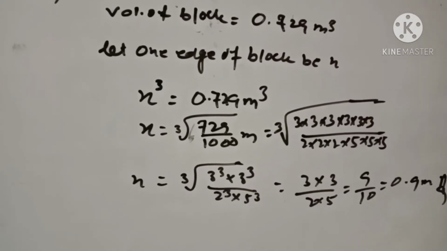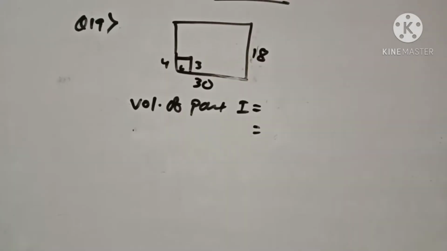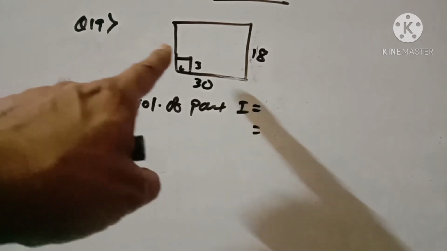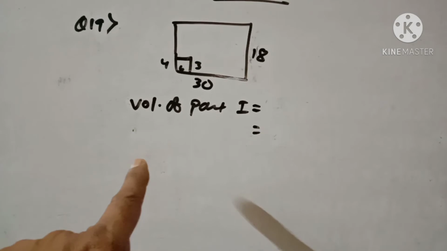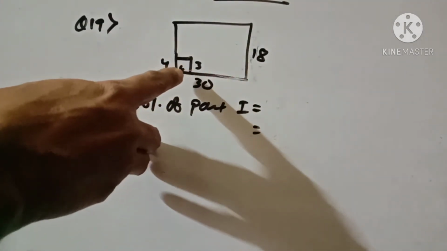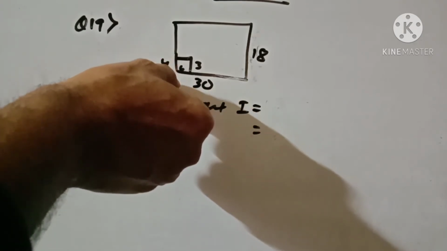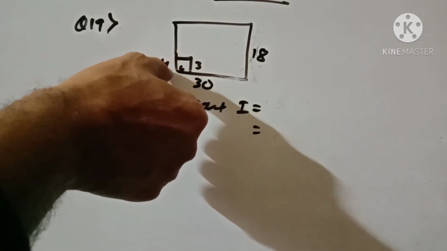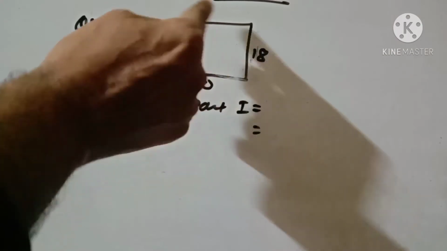Write down please. It is given a field is 30 meter long and 18 meter broad. A pit 6 meter long, 4 meter wide and 3 meter deep is dug out from the middle of the field, and the earth removed is evenly spread over the remaining area of the field. Find the rise in the level of the field in centimeter correct to decimal. Means here a rectangular field is given and one pit is there whose height, length and breadth are given like this 4, 6 and 3.